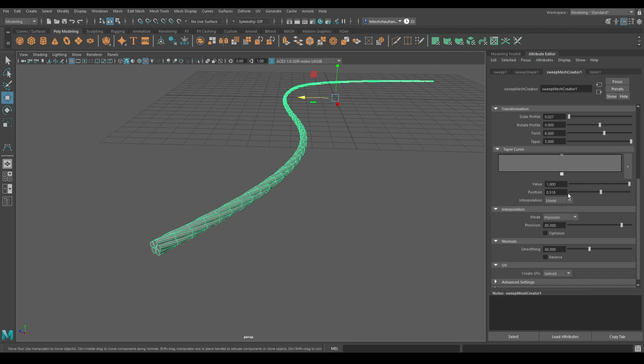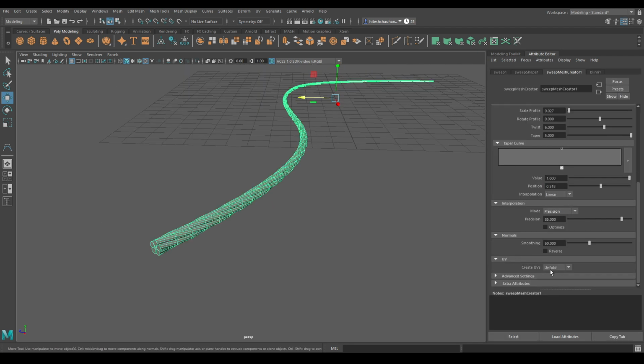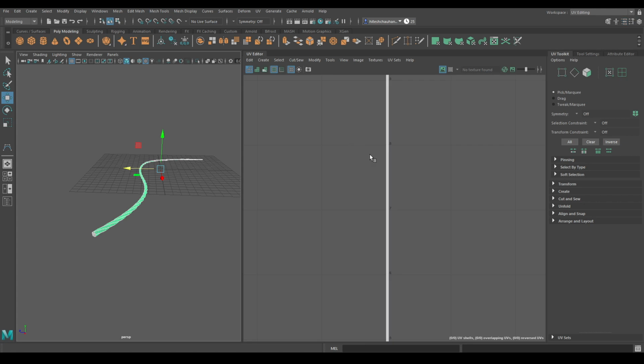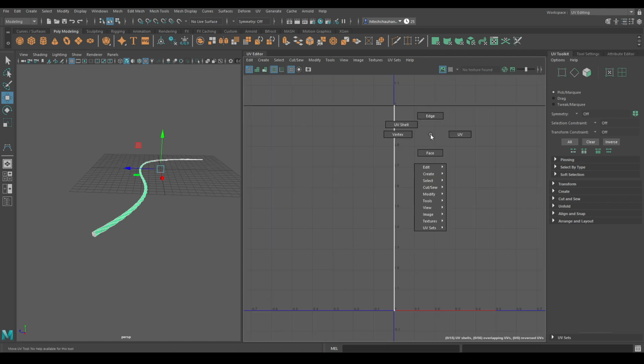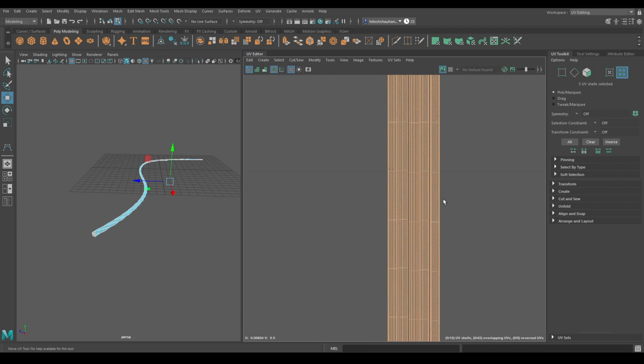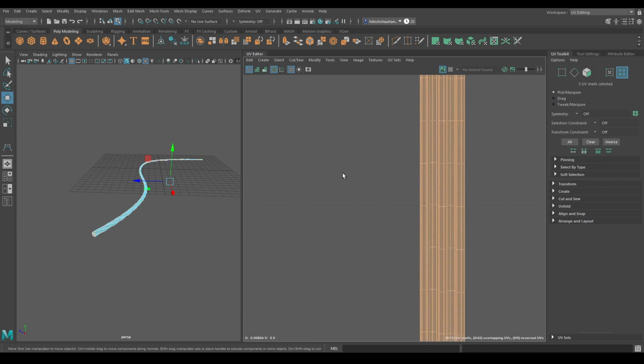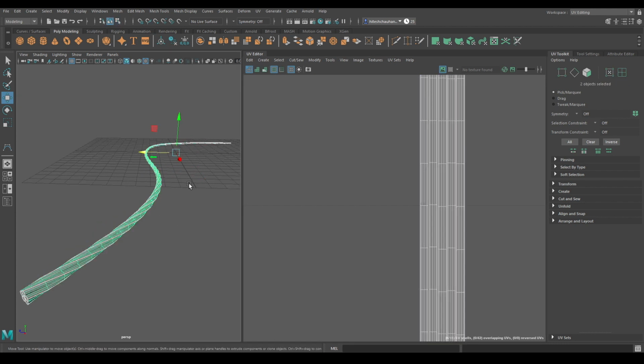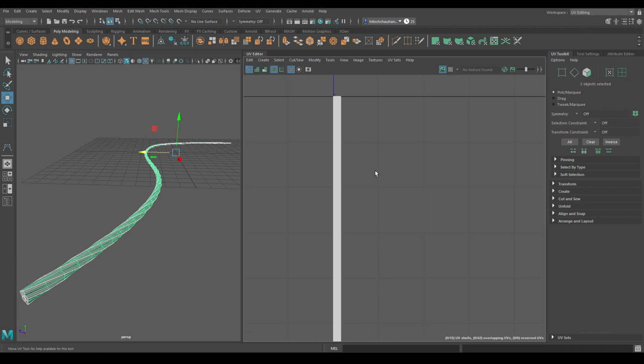Now if you go to Sweep Mesh Creator and go to UV section, you'll see that your create UVs are set to unfold. And that's the most interesting feature of this new Sweep Mesh tool. What it does is that it automatically unwraps your geometry. So when you go to the UV editing and open your UV editor, go to shell mode, select all the shells and just layout, you'll see that all your geometries are perfectly unwrapped. So you don't have to unwrap anything. Just create a curve and use the Sweep Mesh tool to create cables, wires or ropes, and all your geometries will be unwrapped automatically.